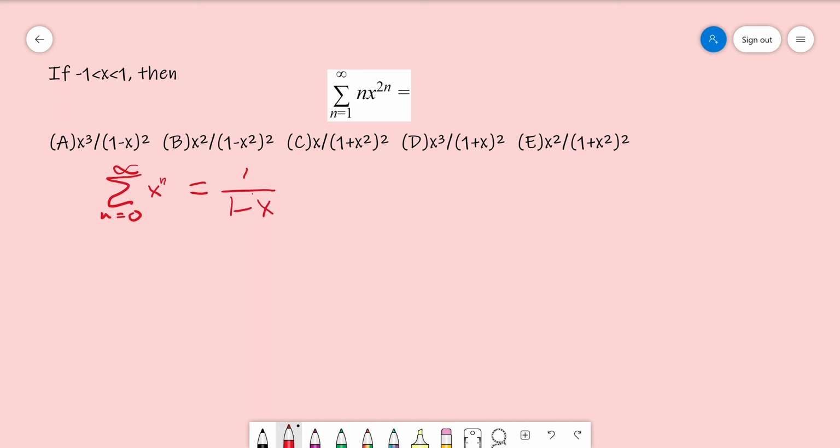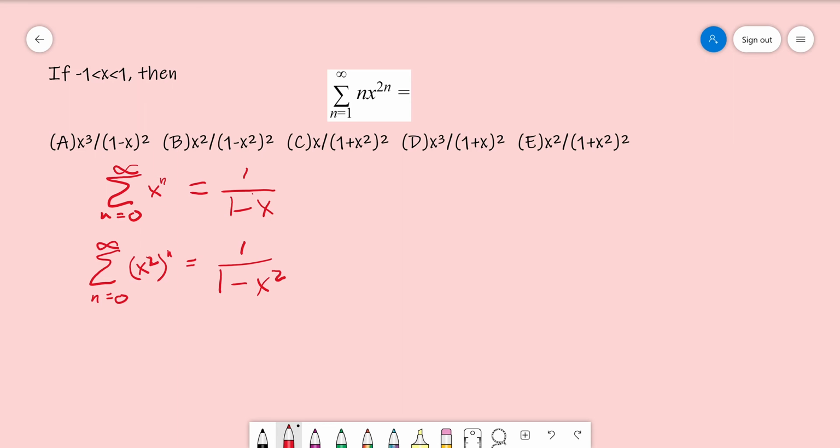So first of all, x to the n, if we replace x with x squared, let's do that. We'll get n equals 0 to infinity of x squared to the n. Then that's going to be 1 over 1 minus x squared. And then the trick here is to differentiate both sides of this equation, and then we'll have, so this is